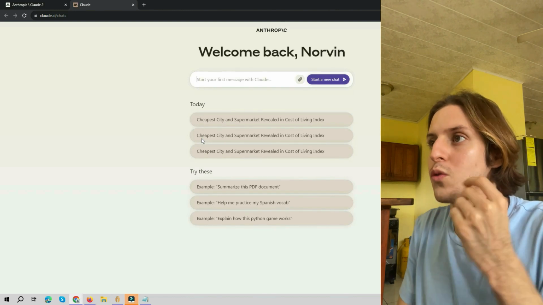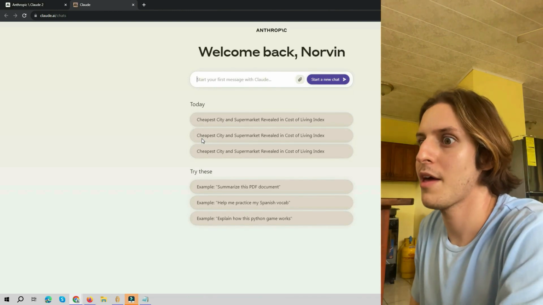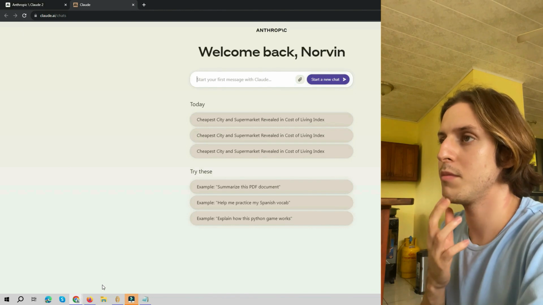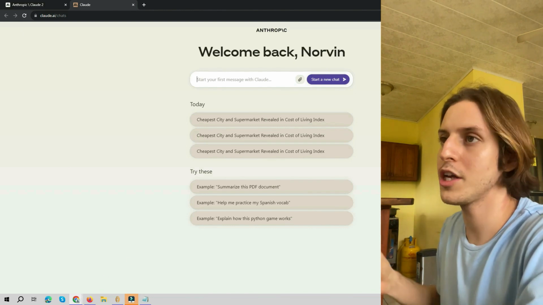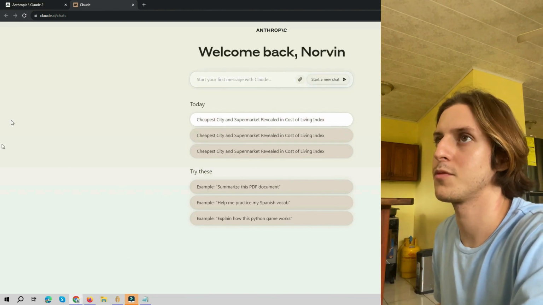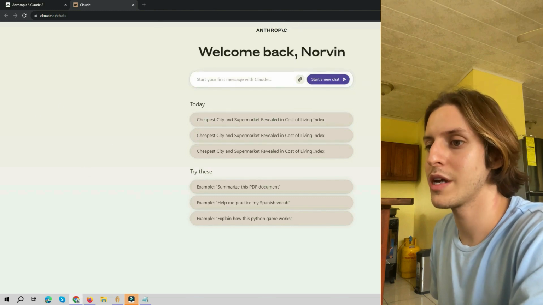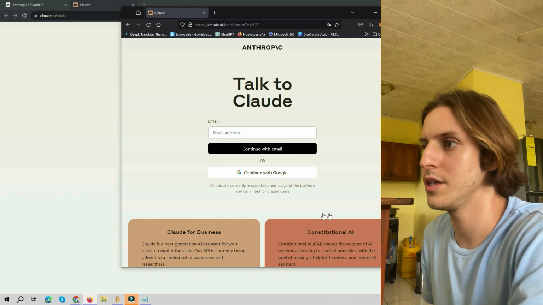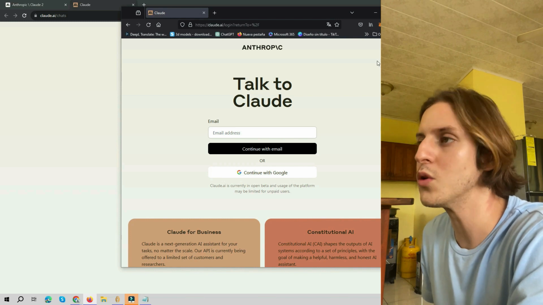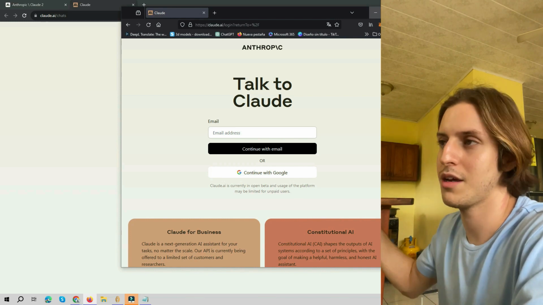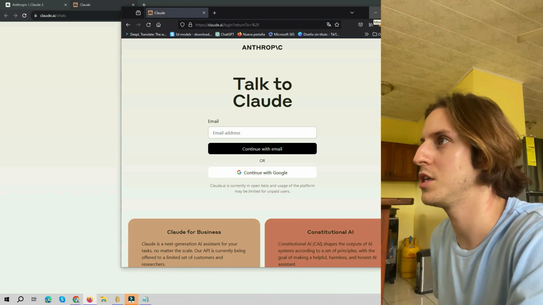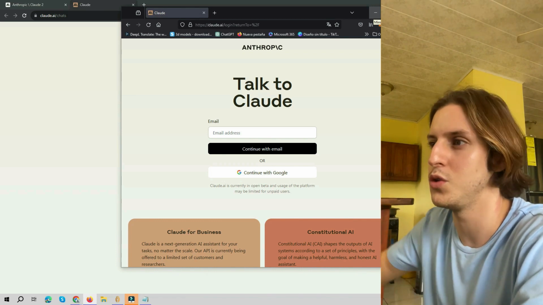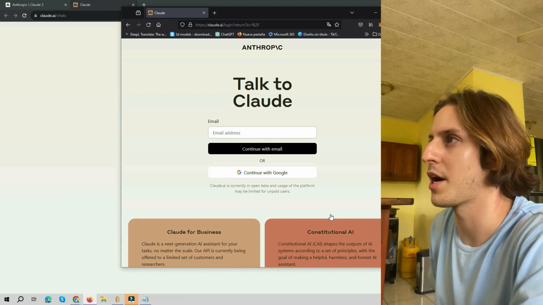And you're already on the platform. But if you are not logged in to the page, you can see something like this, and you just need to click continue with Google, and check the things that usually you have to check when you click this button.